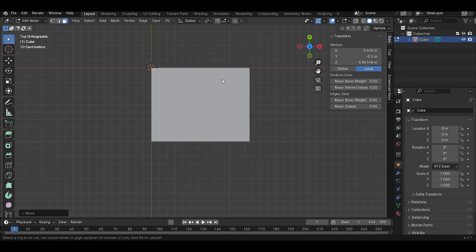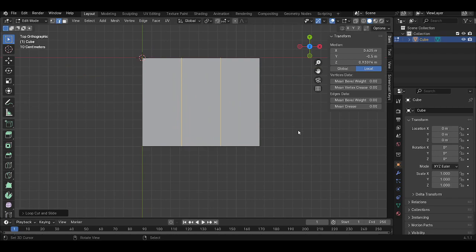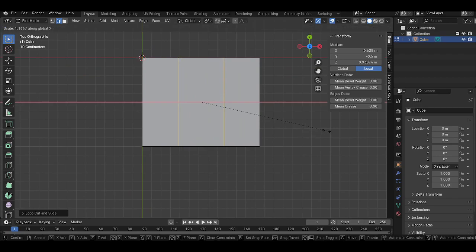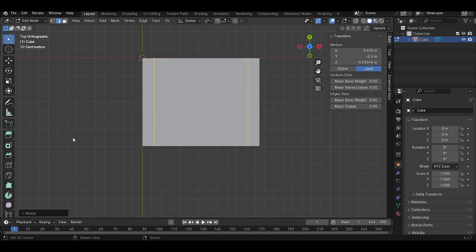Control R, get a divider. Go to add and remove. I want 2. It's going to do this, so just hit right click to stop that. Then scale. So X to scale on the X. I'm going to eyeball it, but you can make it precise. Oh, right there. Control R, scroll up to 2, click, right click,